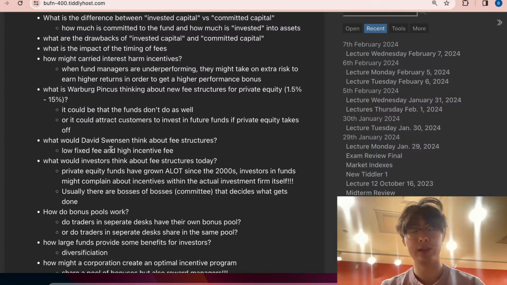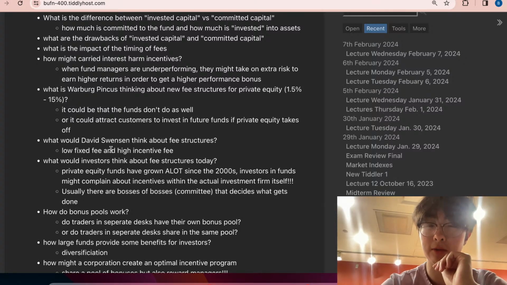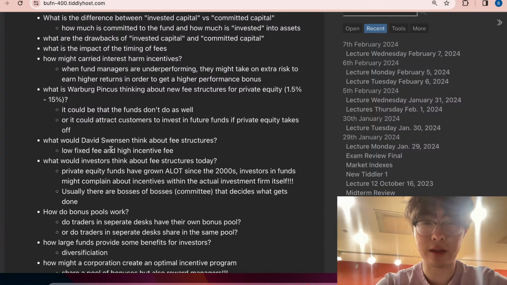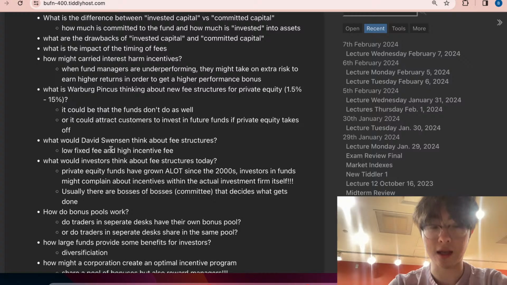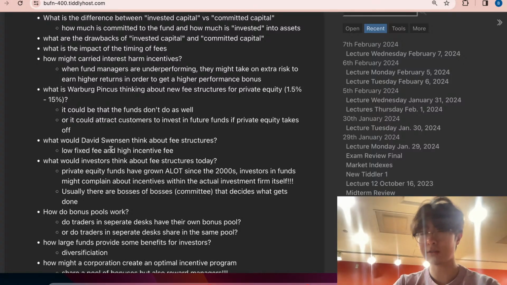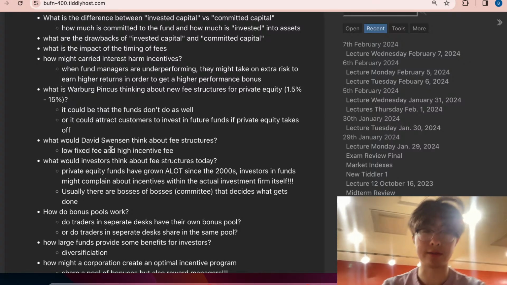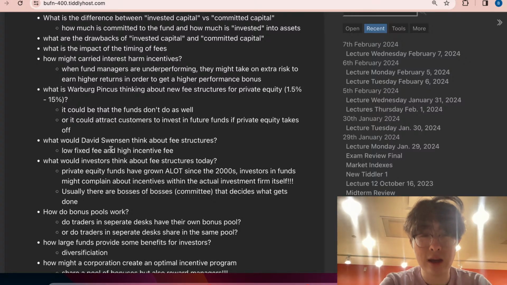The other side could be that Warburg Pincus thinks it could do really, really well, and in order to lower the profit incentive, I think this is a time where pension funds and other endowments besides Yale were really looking at private equity as a feasible place to invest in. And so this was in the 2000s. I don't think many pension funds, states, local, and even company pension funds were really thinking about private equity at all. Maybe only until recently. Most of them were doing standard 60-40 portfolio splits between stocks and bonds, and maybe dabbling in real estate.